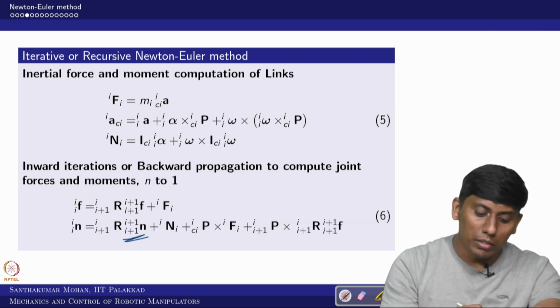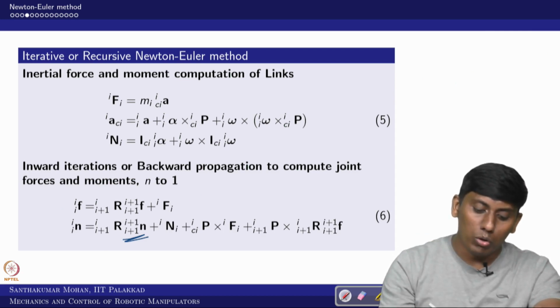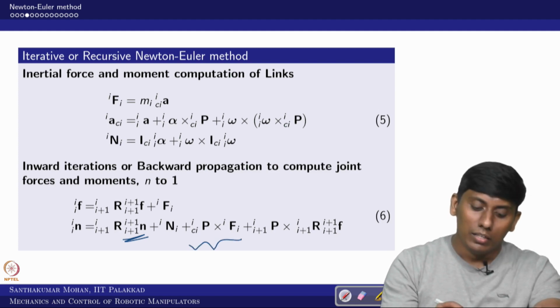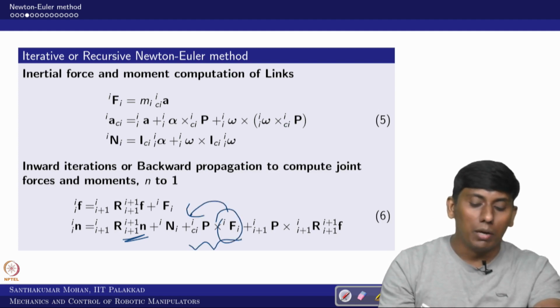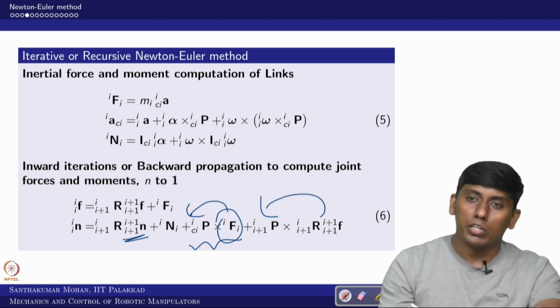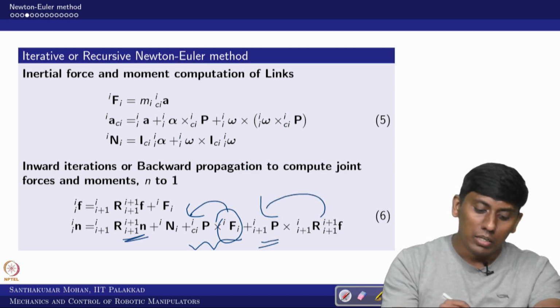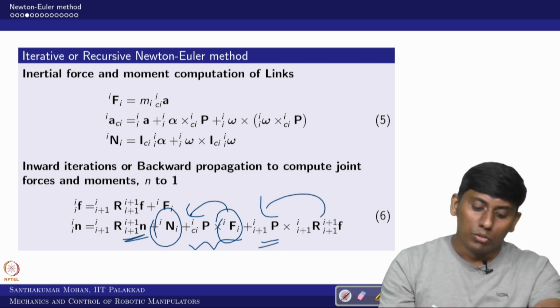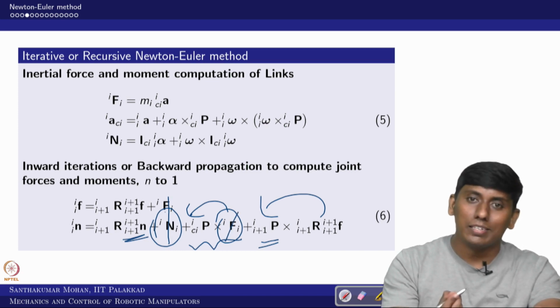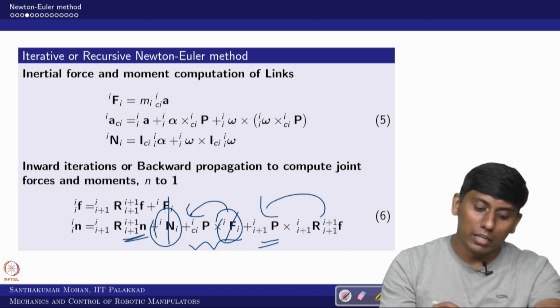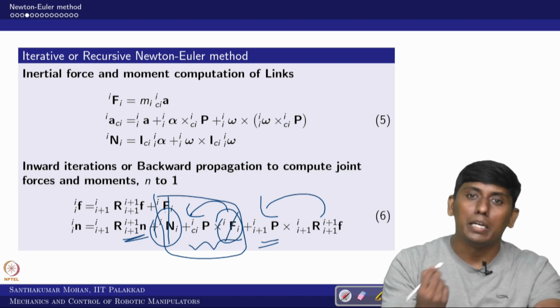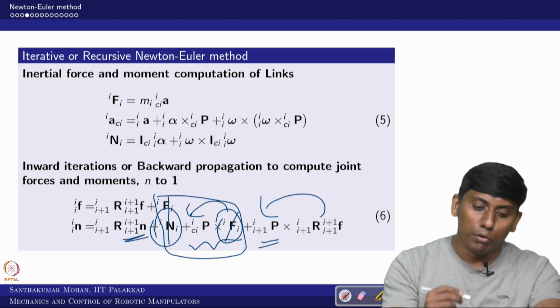So this is from the joint which is in the front, and this is how much couple the centroidal force will generate. Similarly, the end effector force, how much couple it can produce, and this is the inertial moment. Okay. Now if you don't have inertial efforts, it is a static equilibrium. Now if you consider them, that would be the dynamic case. Now you are clear, right. So if you include the inertia forces, that becomes the dynamic case. If you ignore them, that would be a static case. It is very straightforward, right.